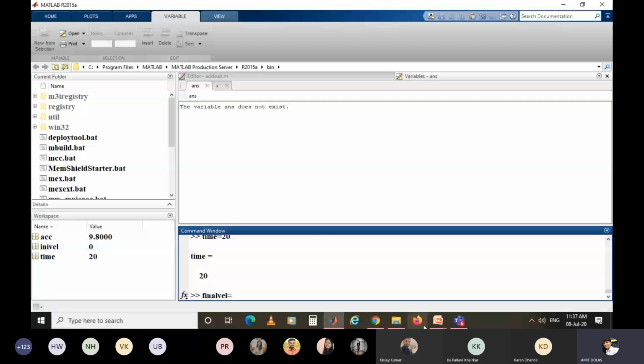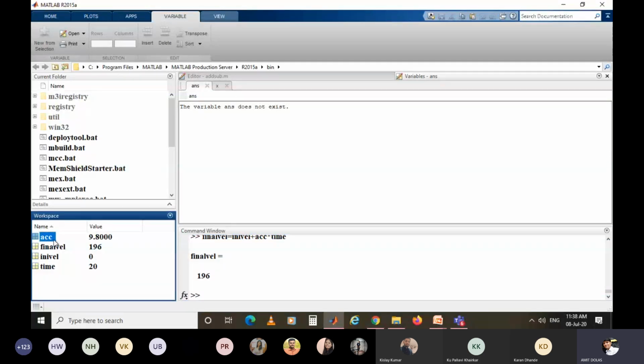It was initial velocity plus acceleration into time. So it will be INIVEL, initial velocity plus acceleration into time. So it will be ACC, the multiplying operator is star, into TIME. Am I correct? Okay, and if I enter, it is 196, the final velocity.